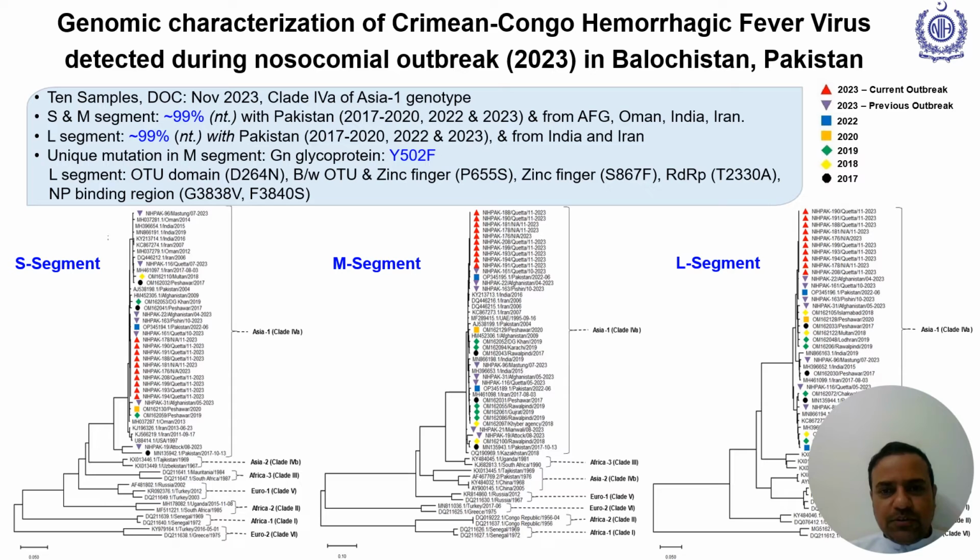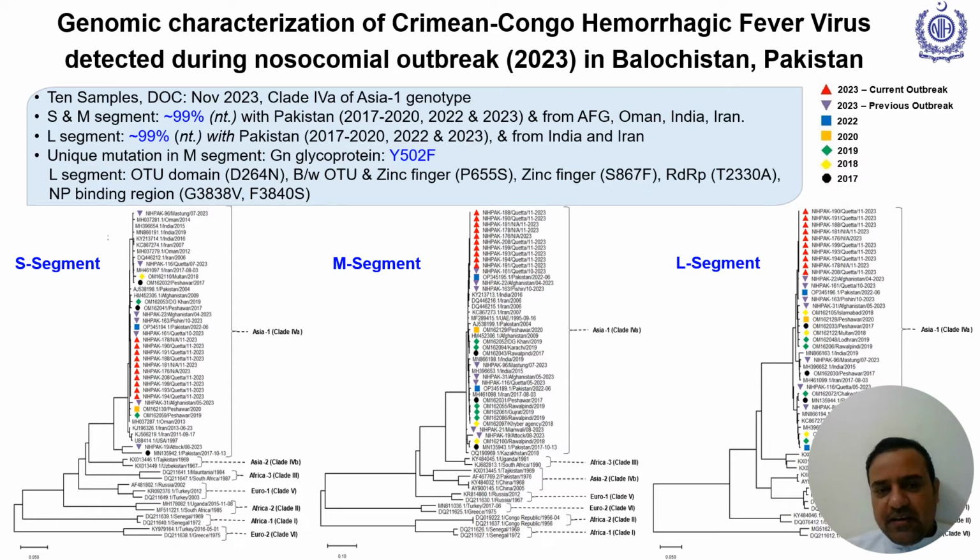So we also used it just recently in our province of Balochistan, where there was a nosocomial outbreak of Crimean Congo hemorrhagic fever. So Pakistan is endemic for this disease, and it's a highly lethal disease. So unfortunately, we do not have at the moment primers particular for doing whole genome sequencing of this virus.